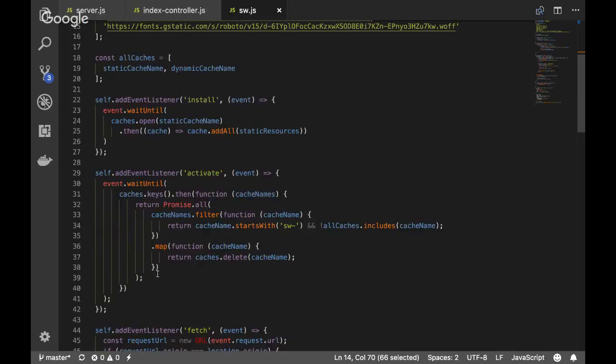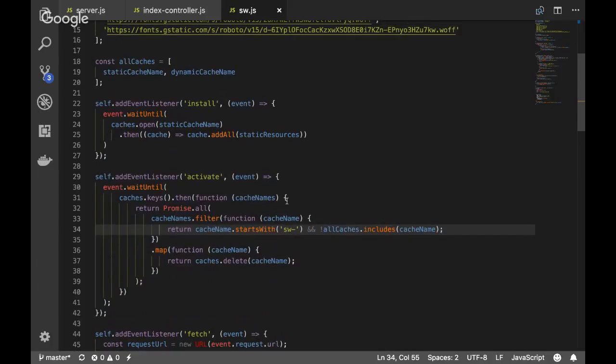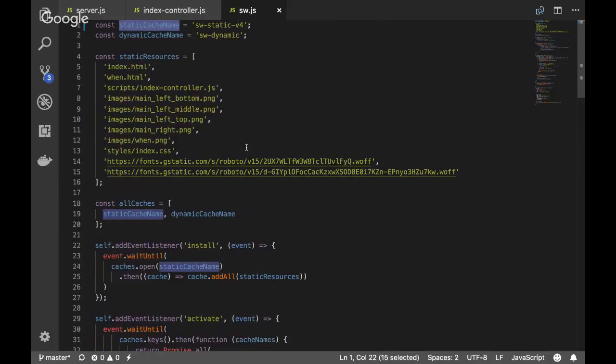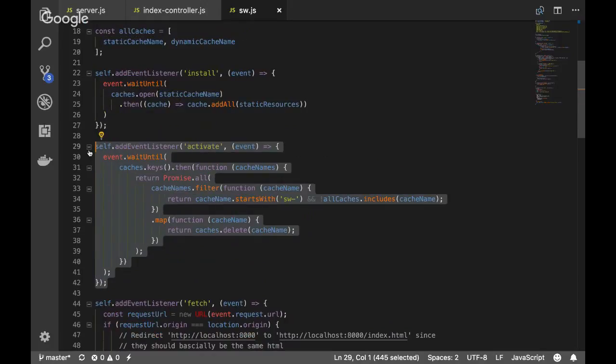And then this is the activation code. Most of the time, you will want to remove your old static data that's been cached. The reason being, depending on which browser you're on, there's a restriction on the amount of data that you could cache inside your origin storage. And IE and Safari offer the lowest amount of data that you can cache.